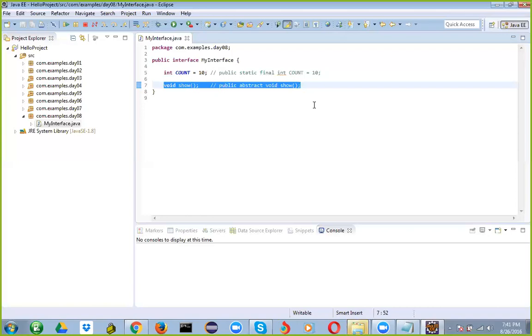But for all of them, I have created an interface. Use this interface, which is going to give you some kind of rules on top of it. So everybody implemented my interface. Once they implement it, they'll get the dummy implementation of the show method. Inside that show method, each individual has to write logic specific to the person, the student or